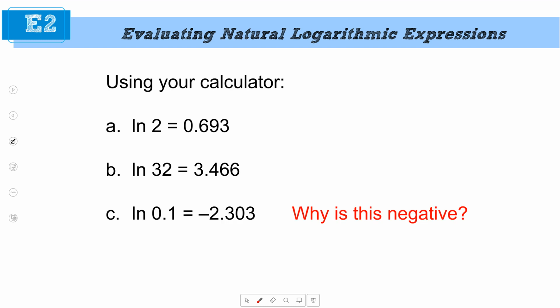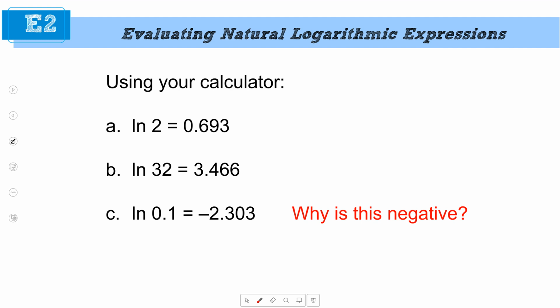Why is the natural log of 0.1 a negative number? Elaborate. You're on the right track. Since the top is more than the bottom. Good. Which is what you were saying, you're going the other direction. Since 0.1 is to the left of 1, when we set up the integral from 1 to 0.1,